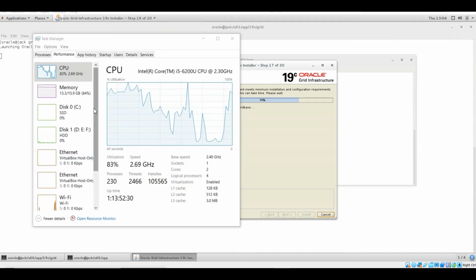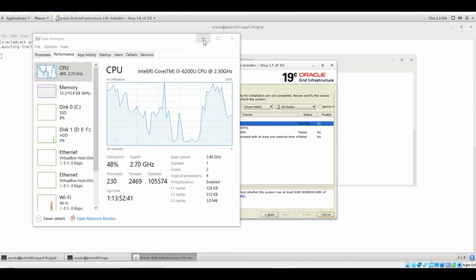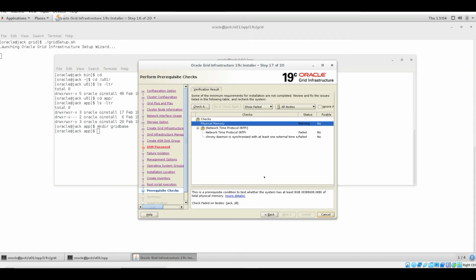You can see the performance of my system with 16 GB of RAM and SSD storage. So you need to take care of your laptop configuration before you can proceed. So these have failed, as I told, physical memory and then the chrony daemon has failed.